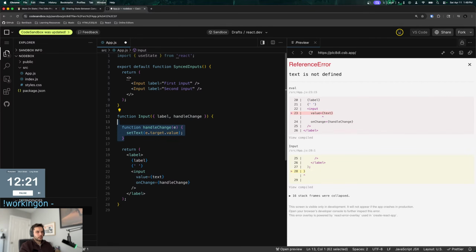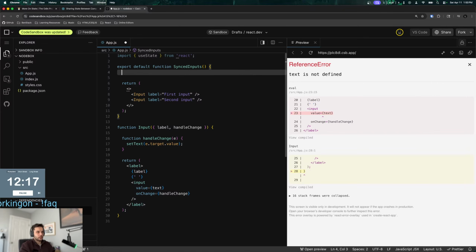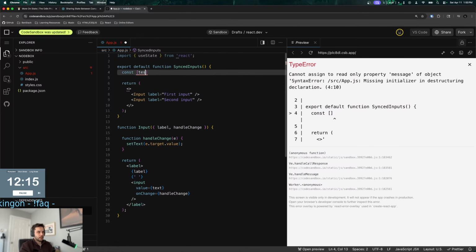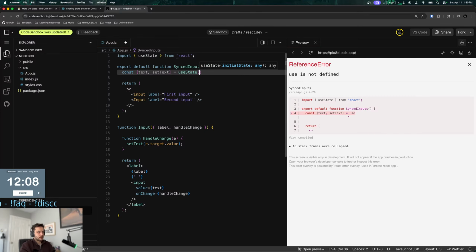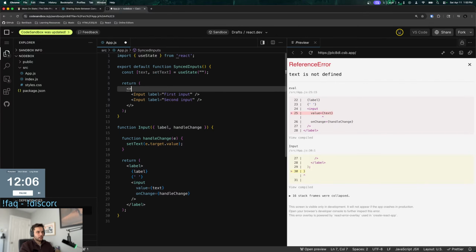Something like this. And then I'll do the text up here. So I'll say const text, set text equals useState, like this.